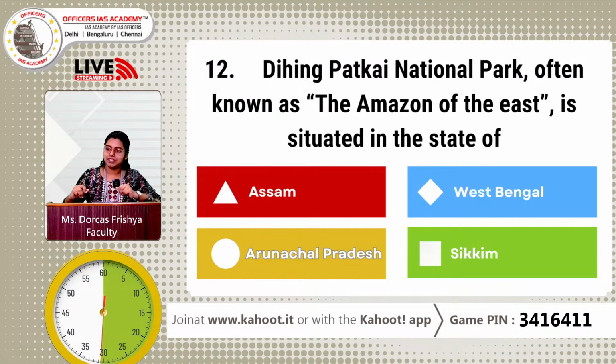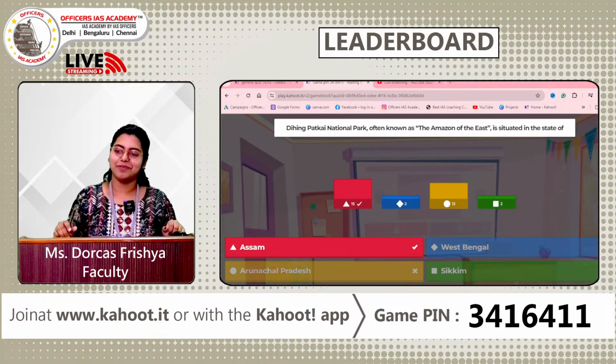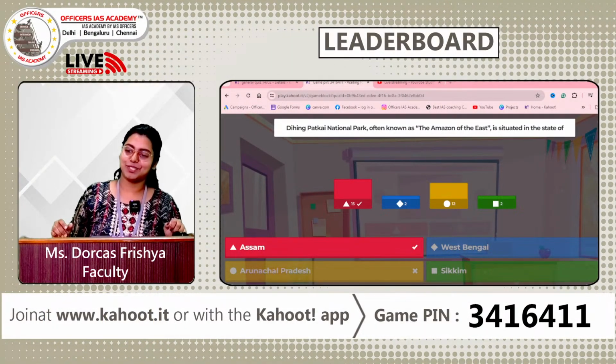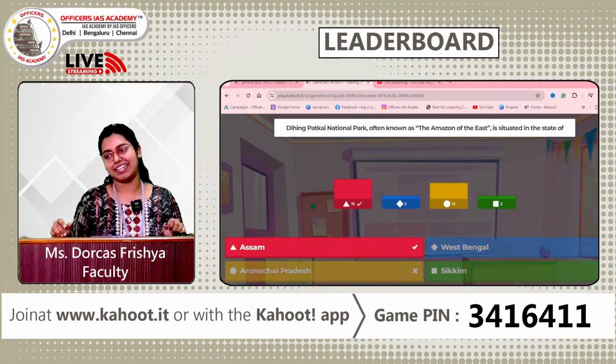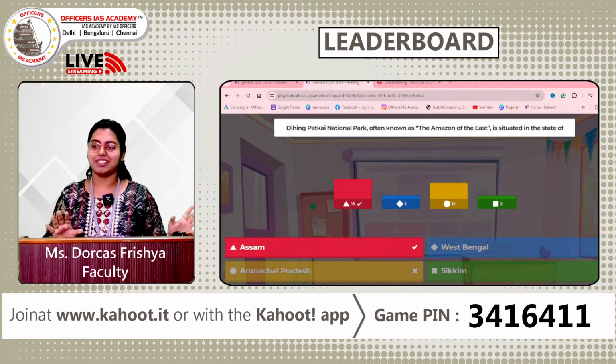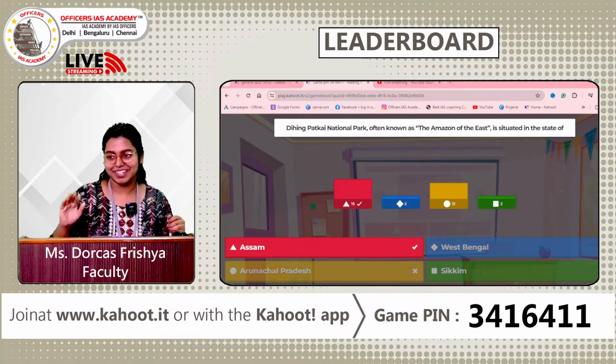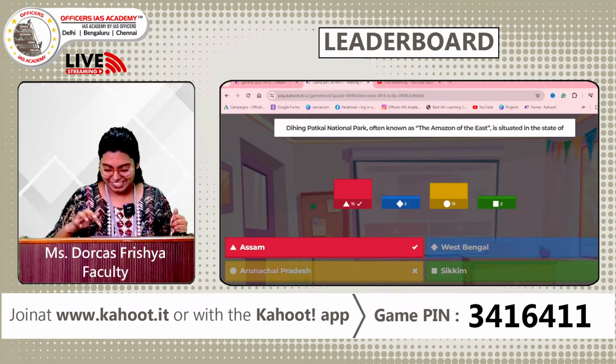There's also a keyword here which is making your question look easier. The Amazon of the East. And there goes your correct answer on your screen. Why are you all getting confused with option C? The correct answer is A, that is Assam. So Amazon of the East, always remember it is Assam. Amazon A, Assam A. Please don't get confused with Arunachal Pradesh, even that has A.